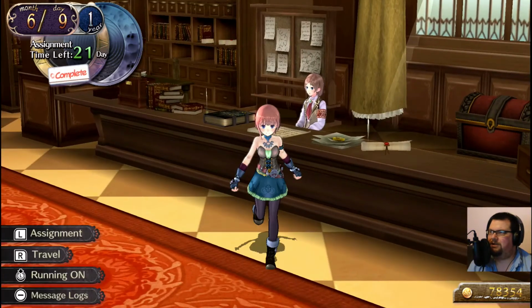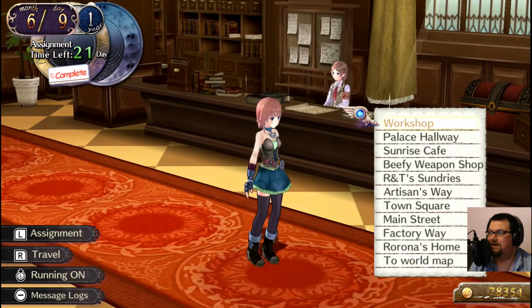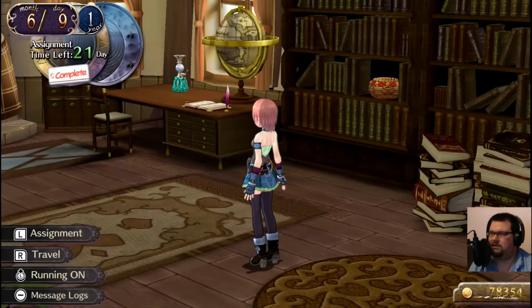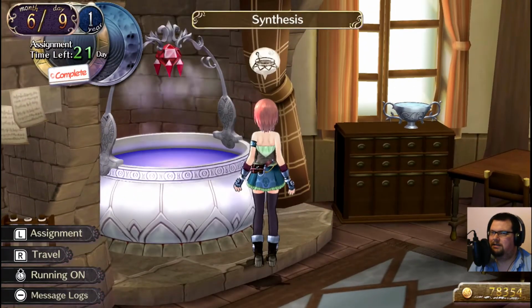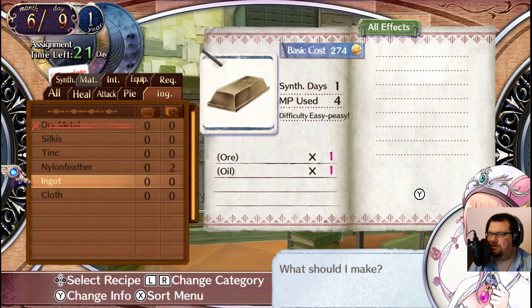If you look at my reputation now, by this point in my first playthrough, I was nowhere near 26.7% reputation. So it's just a lot easier to grind up all this stuff now, which is great, because that leaves us with plenty of free time to make sure that we can fulfill the conditions for the endings and events. Right, I'm going to make some ingots of various types